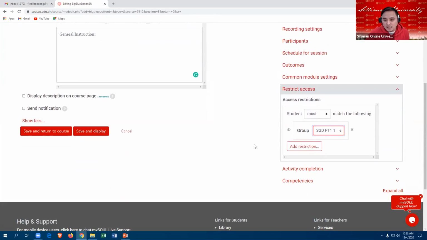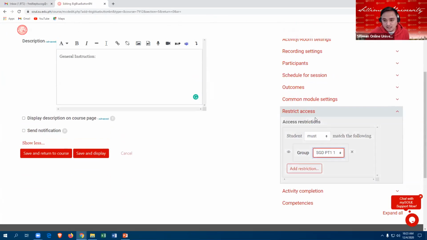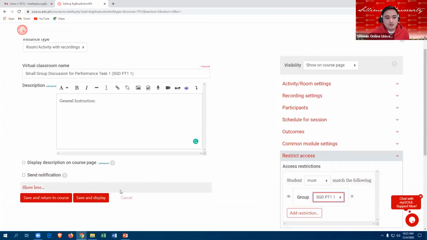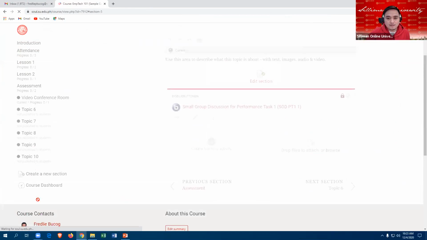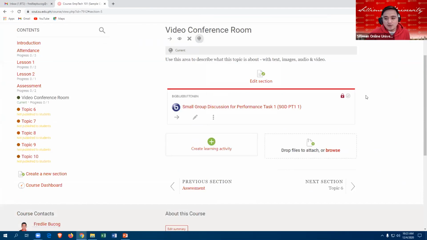So if you're done restricting the access, kindly save and return to course. And you will see the lock icon. So if you click that lock icon, this will show that SGDPT1 can only access this particular video conference.